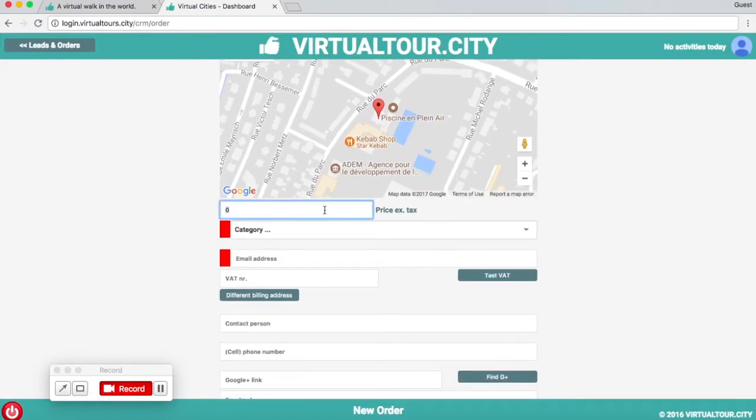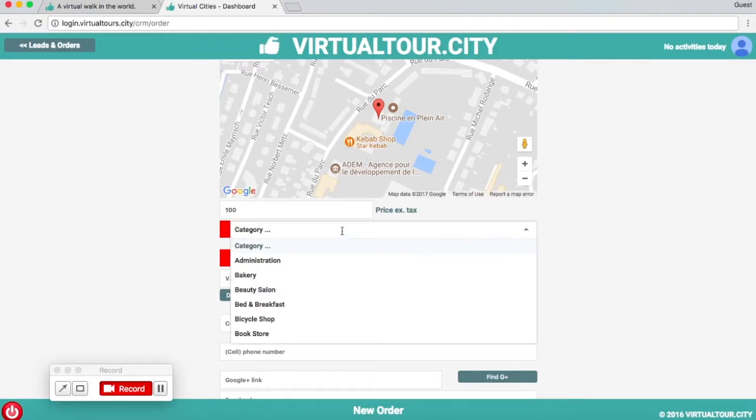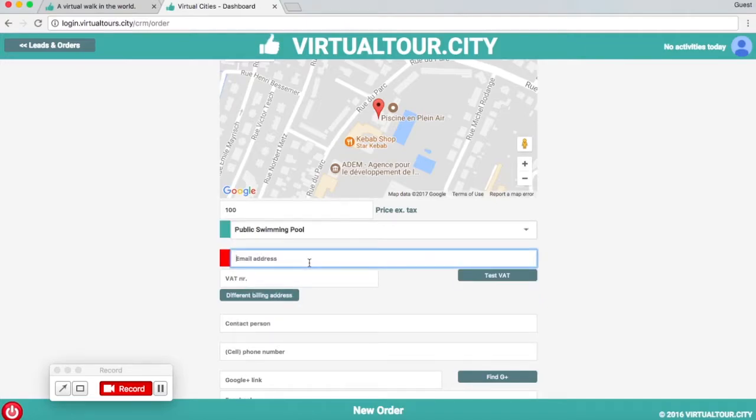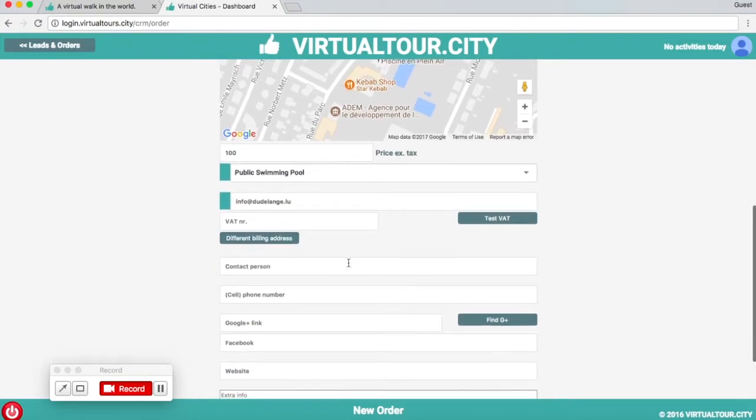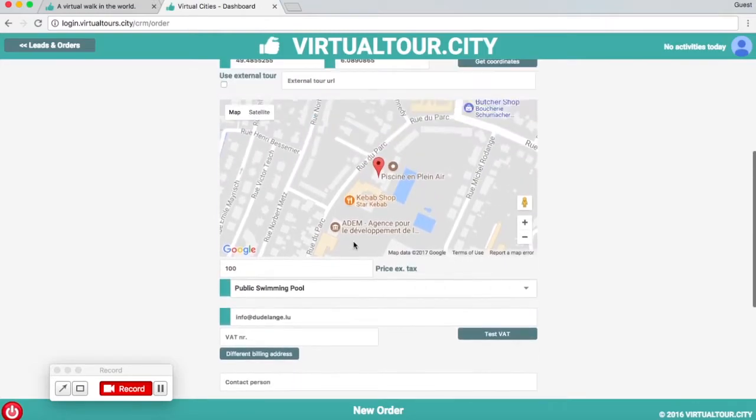Now here is the price for which you sell this virtual tour to your client, and now we need to add the category for a swimming pool. So I will check which category is closest to our swimming pool. Now here we have a public swimming pool, and you need here to enter the email address of the business. So in my case it's info@lu,